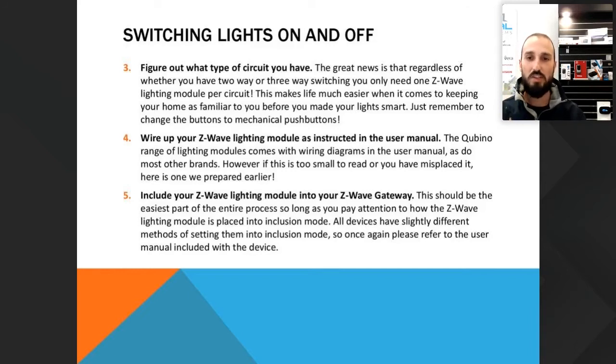Just read the instructions in the manual and you can't get lost with that one. If you do come across troubles though, please get in touch with us. We can help take care of those problems before they become much larger, and that's something that we can definitely help you with. So yes, please make sure that you include it into your Z-Wave gateway, because then once you've